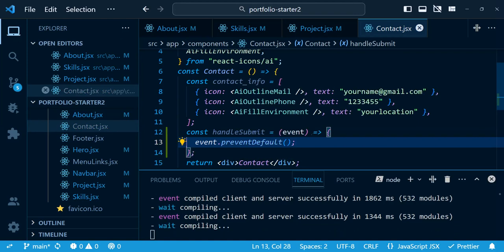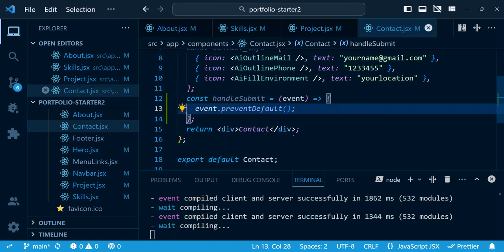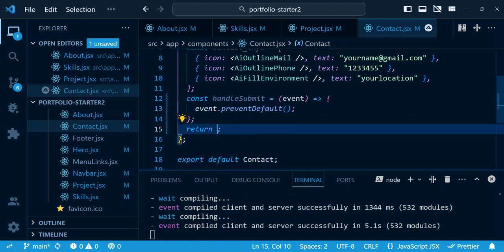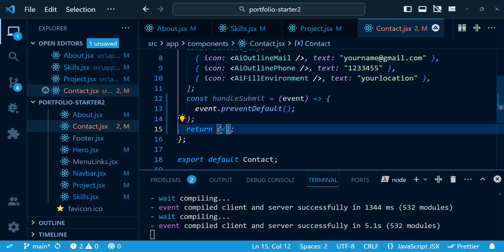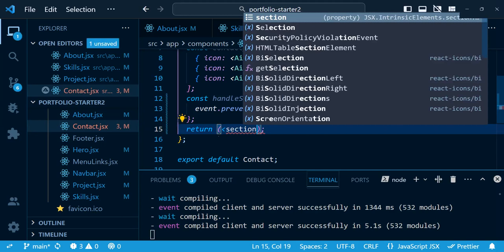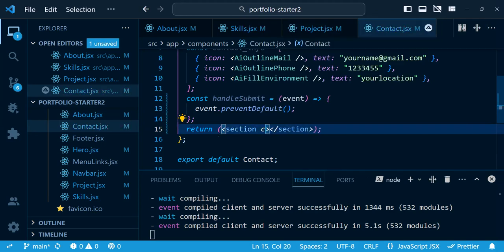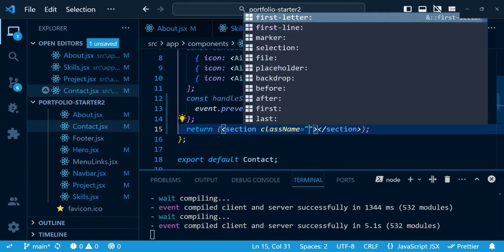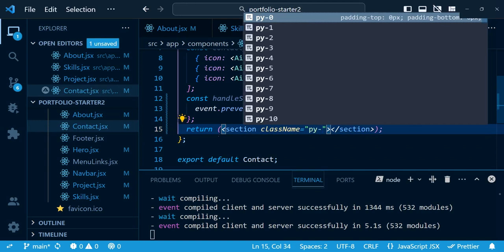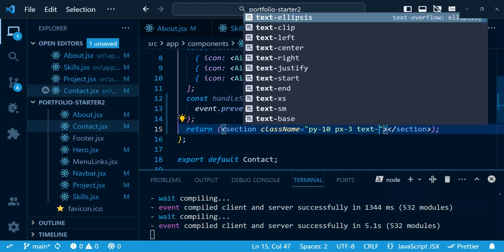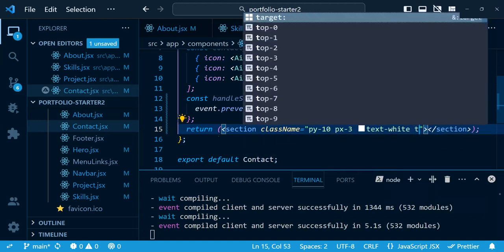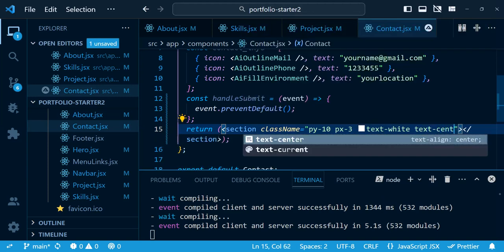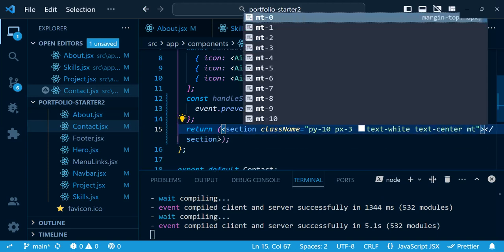Now we have created the function. Now let's create the contact form. Let's delete this, and let's open a bracket, and let's give it a section element, and let's give a class name of py10, px of 3, text white, text center, and margin top of 8,